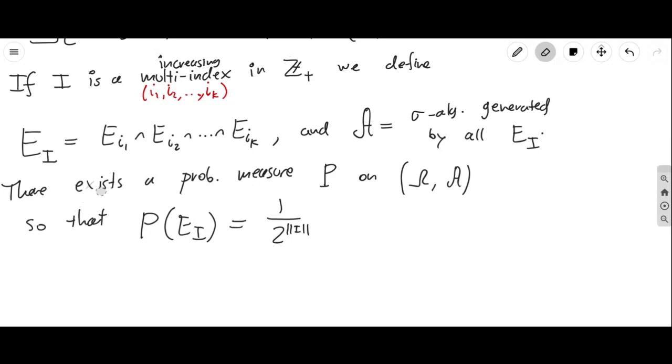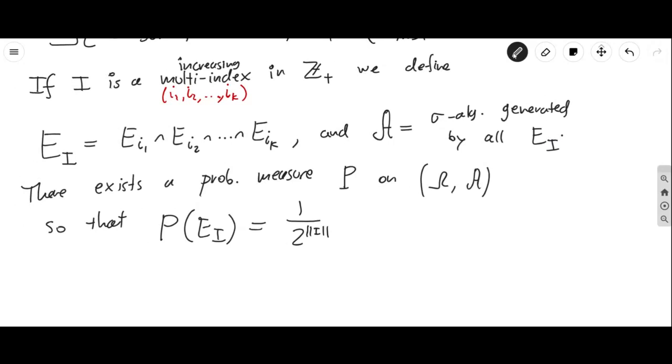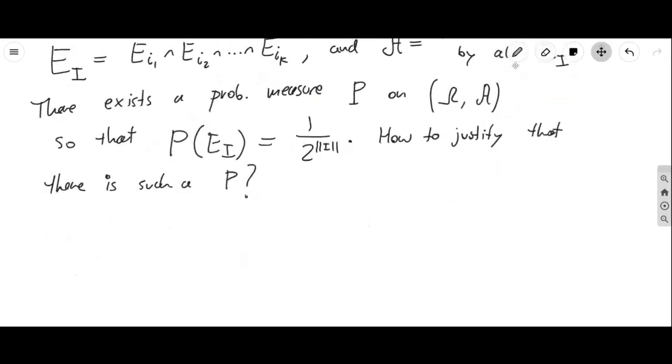Now, how do we know that such a probability measure exists? How do we justify that there is such a P, such a probability measure? So let's just accept this for now. Normally, the way we would justify this is by using the Carathéodory extension theorem, but there is a more elegant way to do it that will make it easier. So let's just accept it for now. So assuming that P exists, then